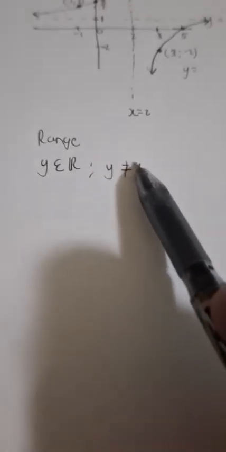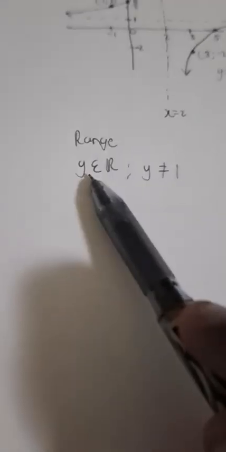So when we write the range of the function, we say y is an element of real numbers, but y cannot be 1. In other words, the function exists everywhere from the bottom to the top, with the exception of y being 1. This symbol here, this equal sign with a vertical slash, means cannot be. So y is an element of R, meaning y